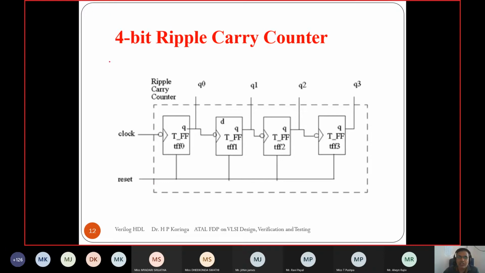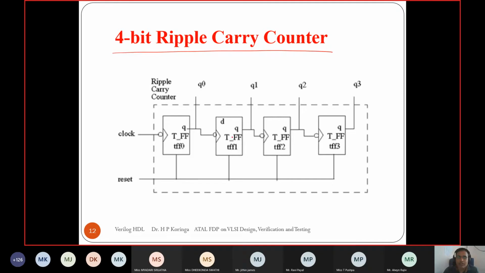Let's take the example of a 4-bit ripple carry adder. If you want to design a 4-bit ripple carry adder, where do we use top-down design methodology and when do we use bottom-up design methodology? Let's see step by step. We know a 4-bit ripple carry adder can be designed using T flip-flops, right?